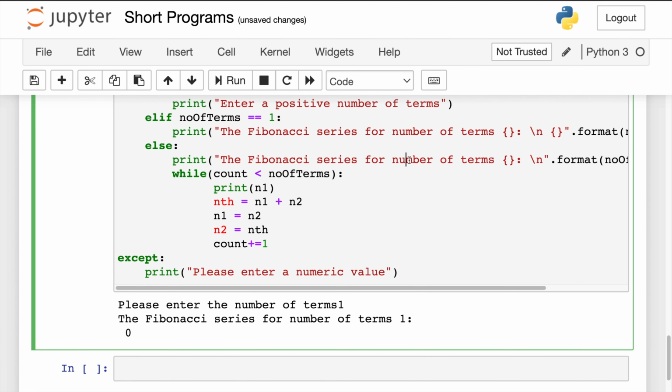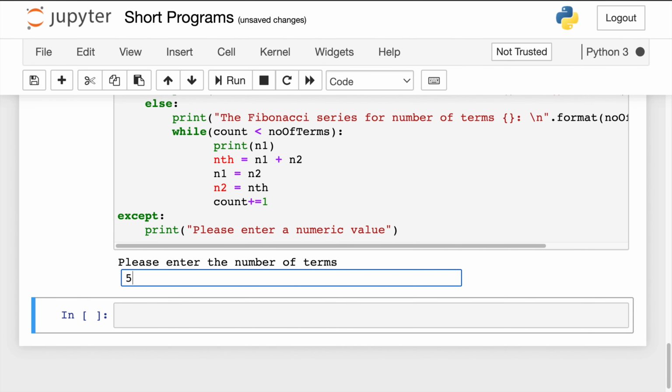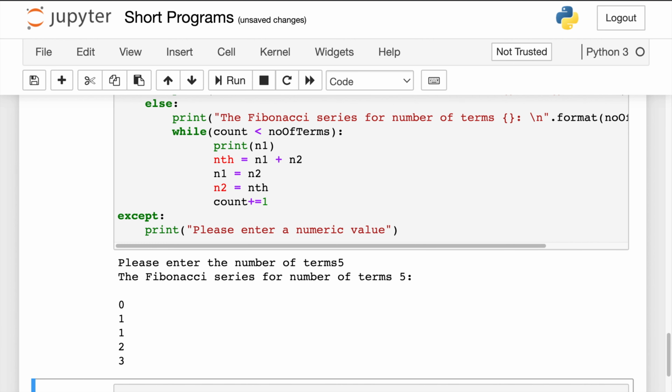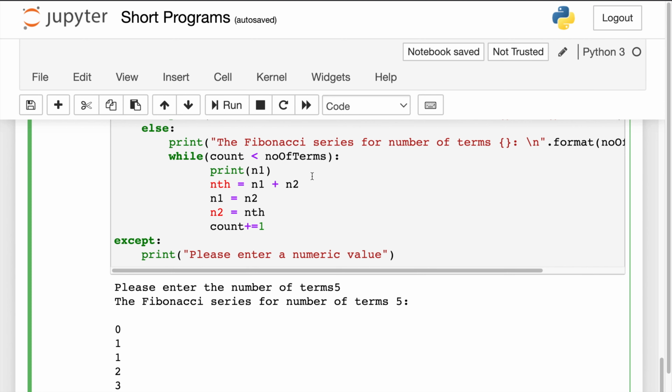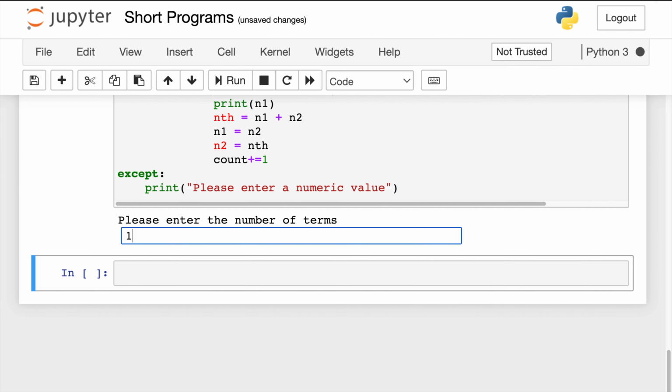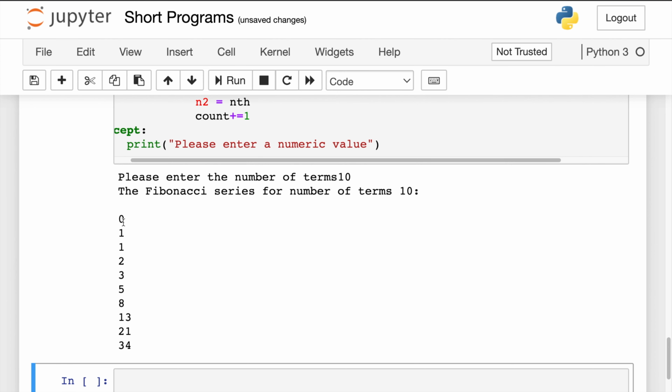Let's re-execute this and enter the number of terms as 5, and we will see that the first 5 terms have been printed as 0, 1, 1, 2, 3, as I explained in the logic. If we execute with more terms, say 10, we can see that it prints 0, 1, 1, 2, 3, 5, 8, 13, 21, 34.